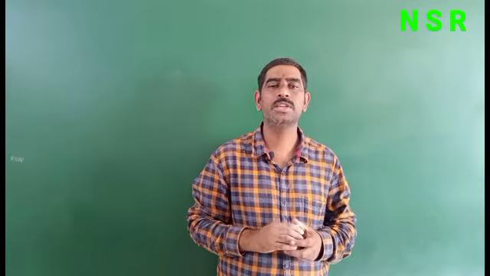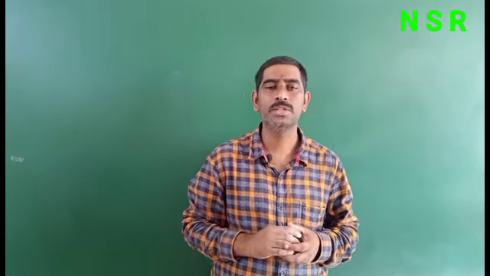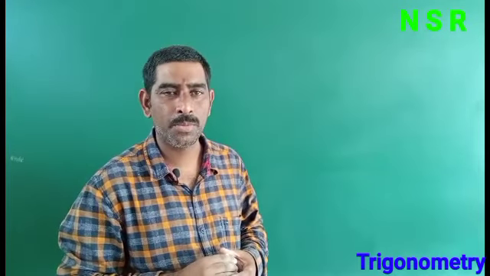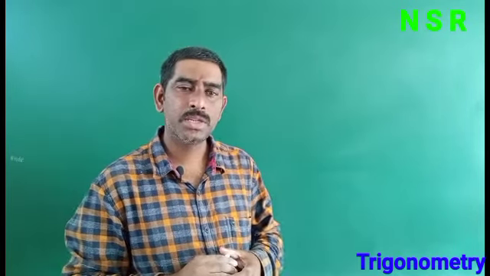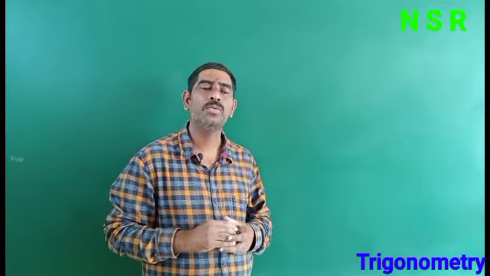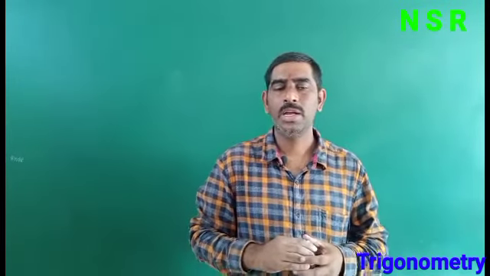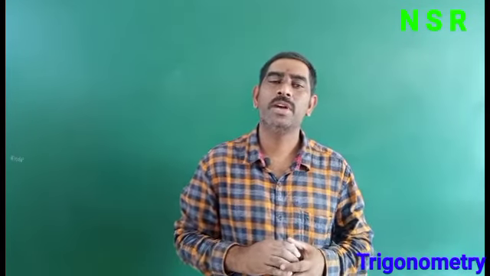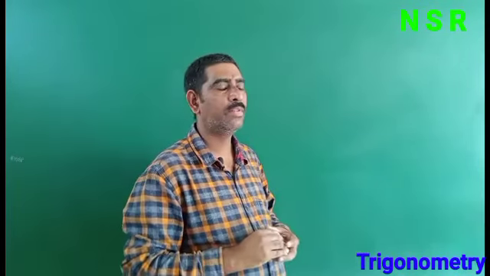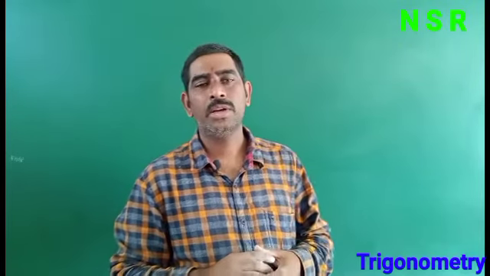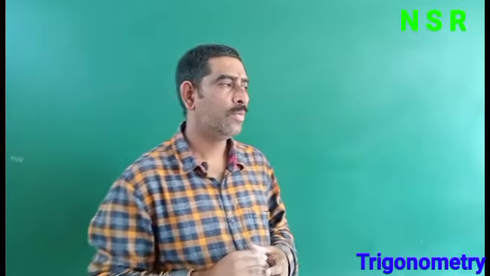This is the fourth session of trigonometry for junior inter students. In this session we are going to discuss some compound angle formulas, and by using these compound angle formulas we have to find sin 15, cos 15, tan 15 and cot 15, and again sin 75, cos 75, tan 75 and cot 75. How to find these values, and after that we can find different types of values.